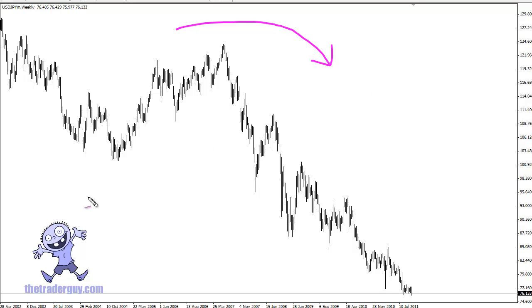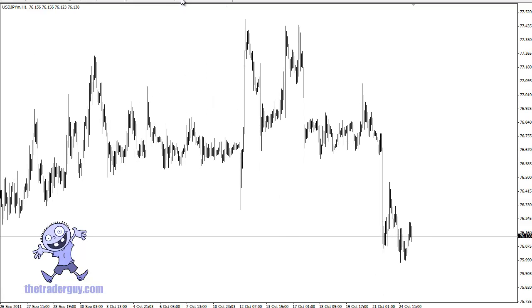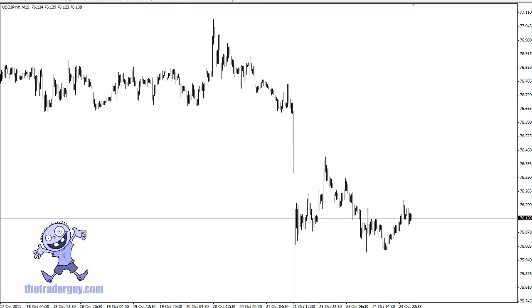For me, my goal is to make money, not to sit here and sweat bullets. So I like to place my trade, and I didn't necessarily place this trade, but you can see a break of the trend line you could have shorted and just walked away for a while. If you look at this chart on a shorter time frame, let's even go down to 15. You can see that,